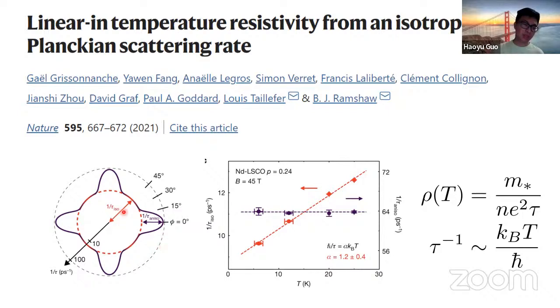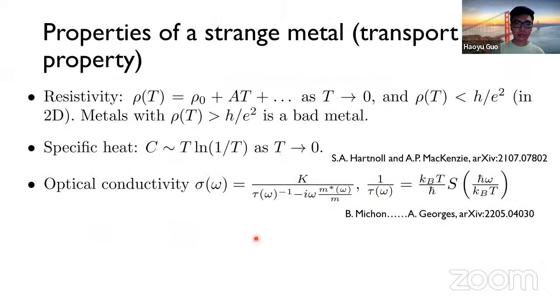So what they found is that they map out the decay rate as a function of the direction of the quasi-particle. They found an isotropic part and an anisotropic part. Then for this isotropic part, what they found is that it actually satisfies this Planckian dissipation. Right. So here is what we think should be a phenomenology of a strange metal